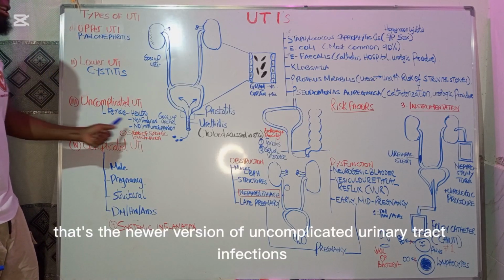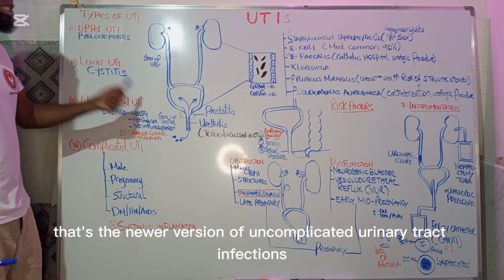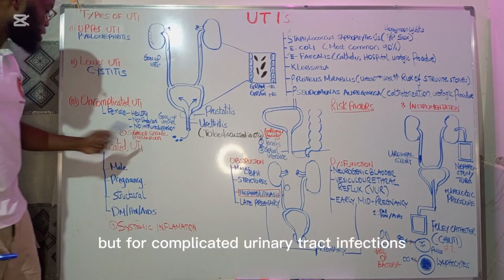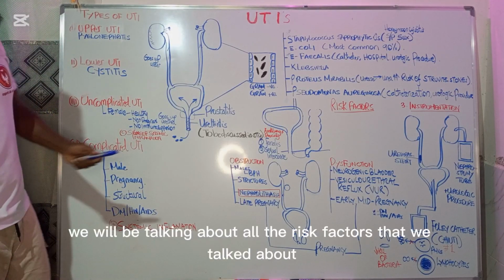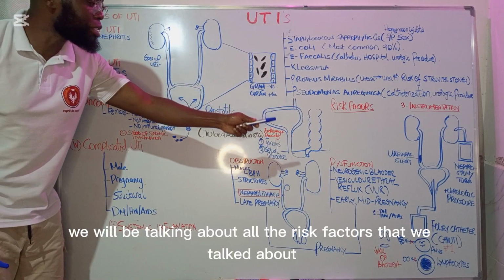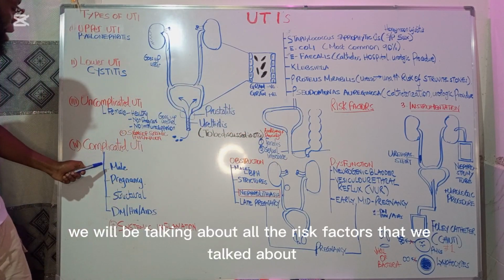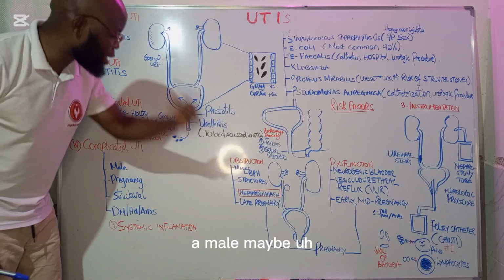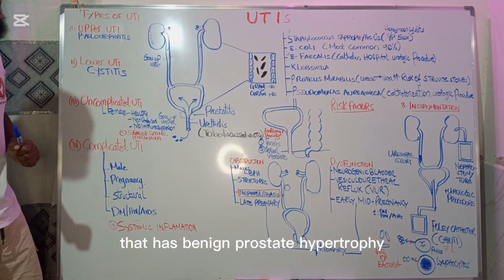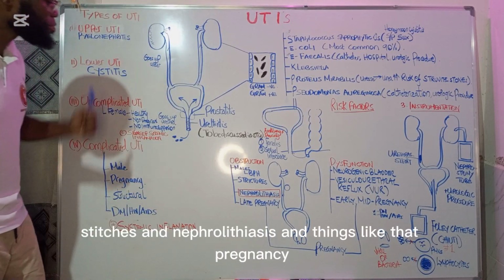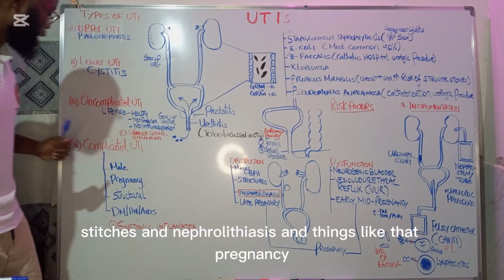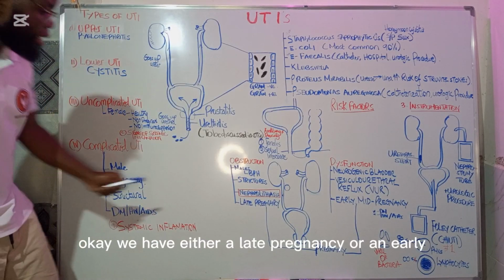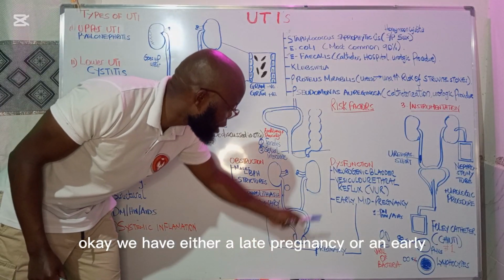Okay, that's the newer version of uncomplicated urinary tract infections. But for complicated urinary tract infections, we will be talking about all the risk factors that we talked about. And first here is male. Okay, a male maybe that has benign prostate hypertrophy, strictures, nephrolithiasis, and things like that. Pregnancy. Okay, we have either a late pregnancy or an early